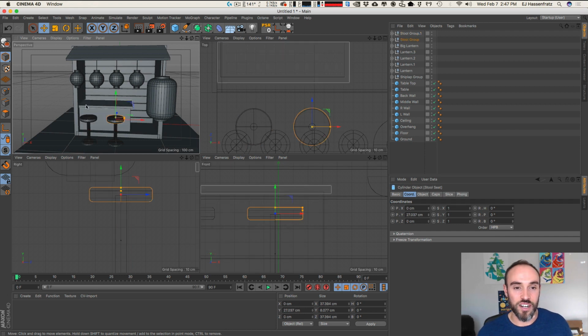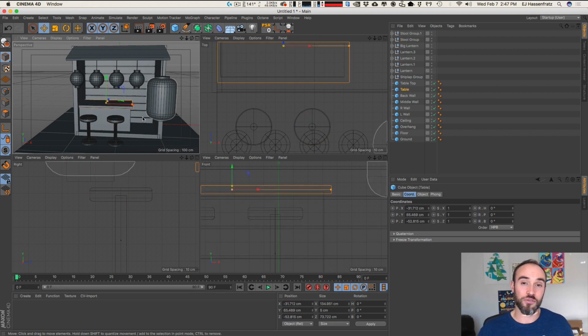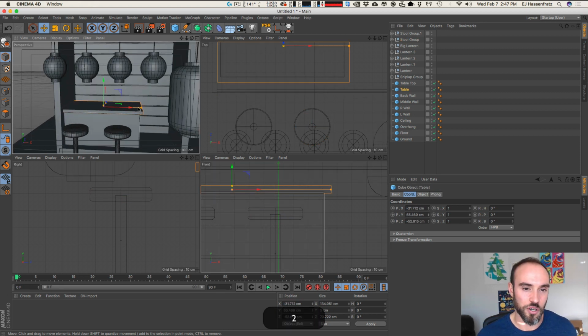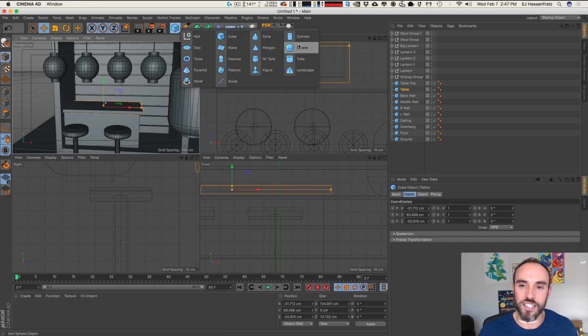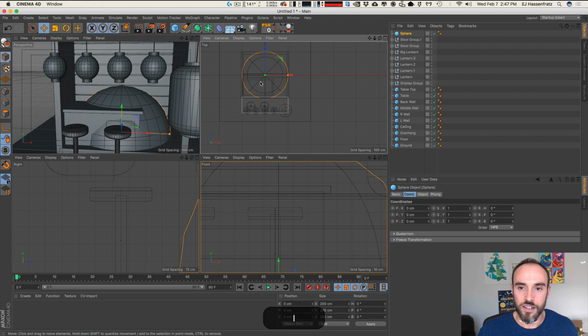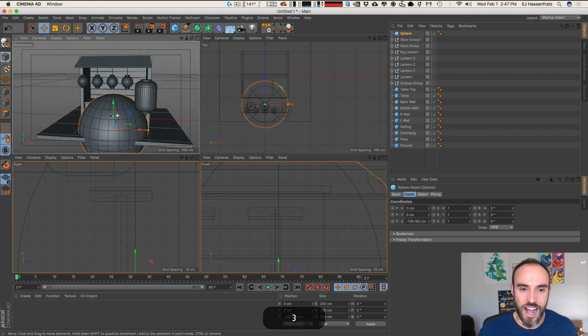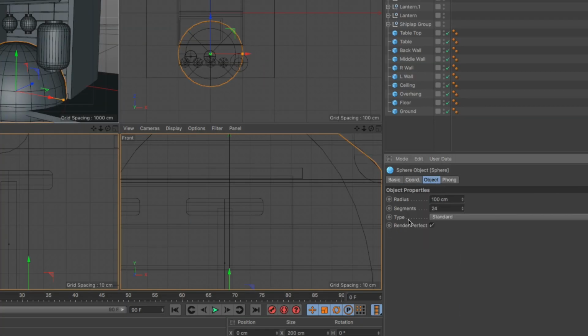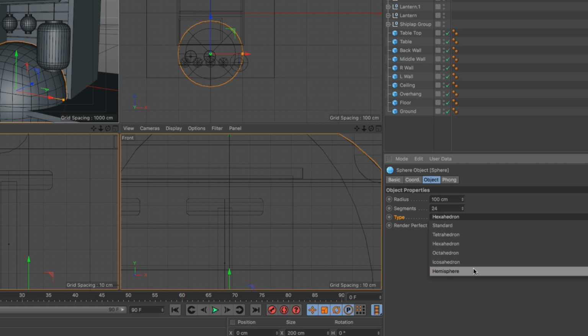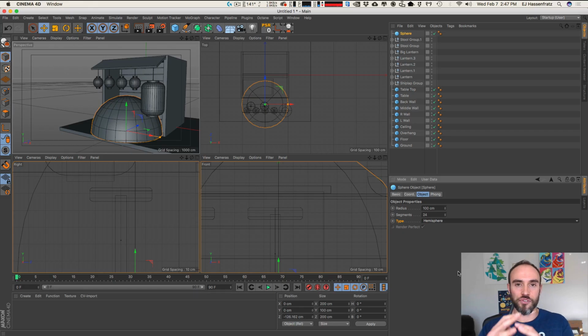Now, the only thing that it's missing is, ramen shop, it needs some ramen. So let's go ahead and create some bowls of ramen here. And then we're going to put them right on the table. So let's go ahead and for the bowls, we'll create a sphere. And the sphere has one unique feature, and that is to be able to change the type of sphere that you have. So a lot of this changes the subdivisions, like how they're laid out. But the one we want to worry about is the hemisphere,